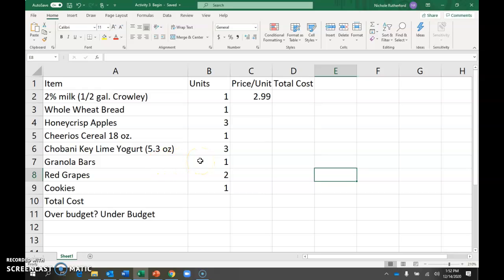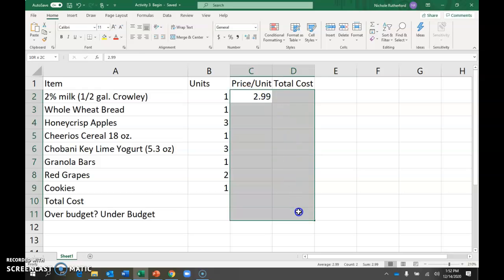So that is step 2. Step 3 is to format the numbers in the price per unit and total cost columns to currency with 2 decimal places, and then enter the prices you looked up. So we're going to highlight all of this. And remember, to format it to currency, we need to use this drop down in the number group. I'm going to choose currency, and it's automatically giving me 2 decimal places, and then enter in the prices we